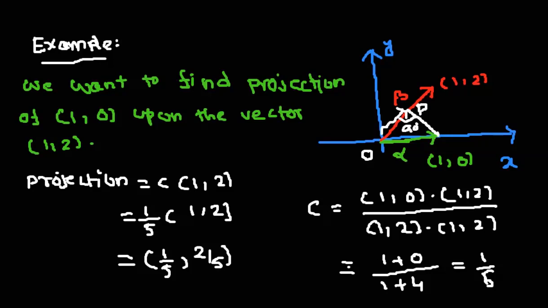So instead of 2 dimensions, we can think about the projection of a vector in any dimension, any Rn. So for example, I just want to not talk about the geometry. We cannot draw the geometry in R4, but we can calculate the projection vector. So let me do some example in R4.